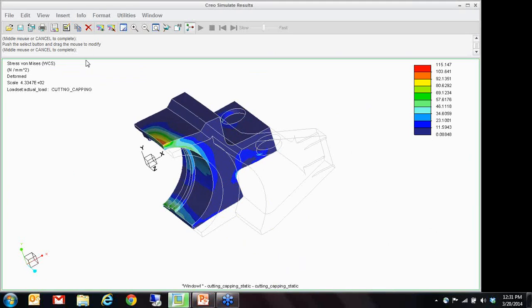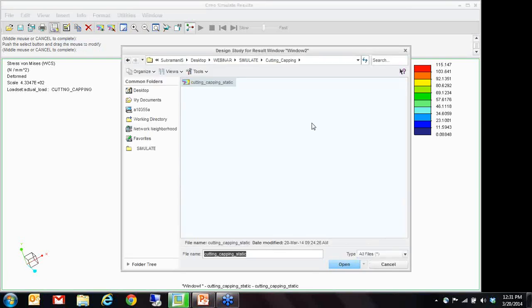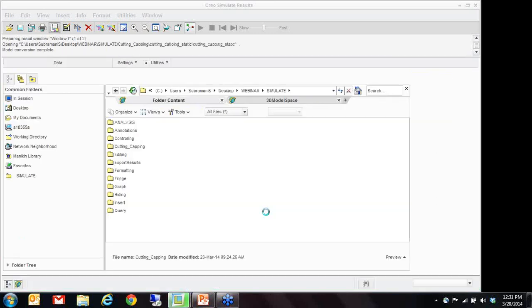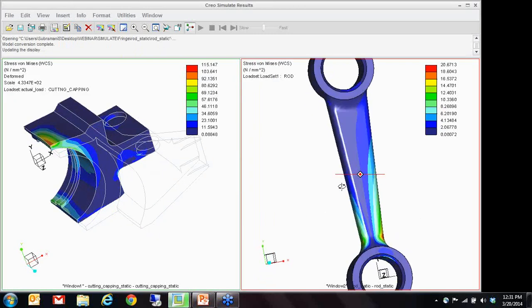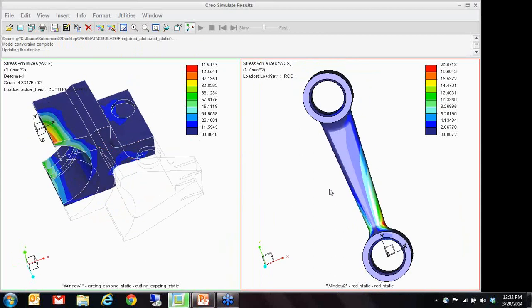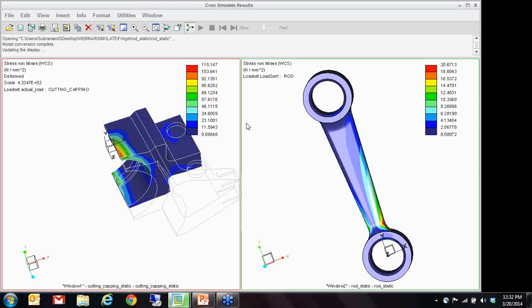Now, what you can also do is this is your results window. Here you want to insert a new one. So I can go insert a new results window. I can pick an entirely different model. Let's just pick this part and say OK. So you can see them side by side. Right? Now, as you move along, you see that here you can